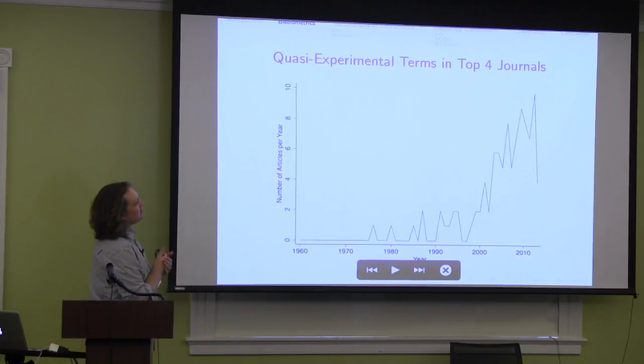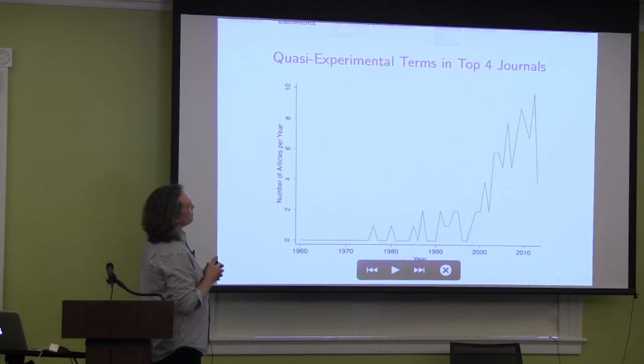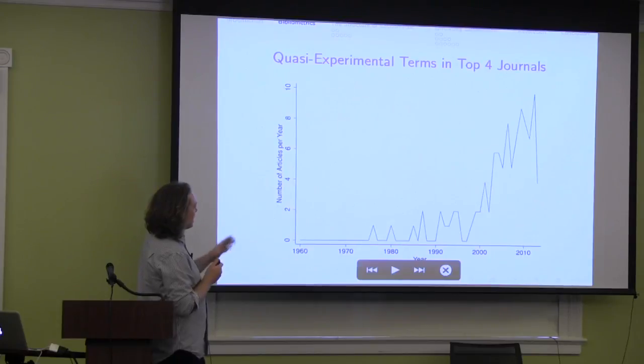So here, this is the top 4 journals. I left out Restud, something personal. But these are the top 4 general interest journals in economics: the AER, the QJE, JPE, and Econometrica. And you can see,